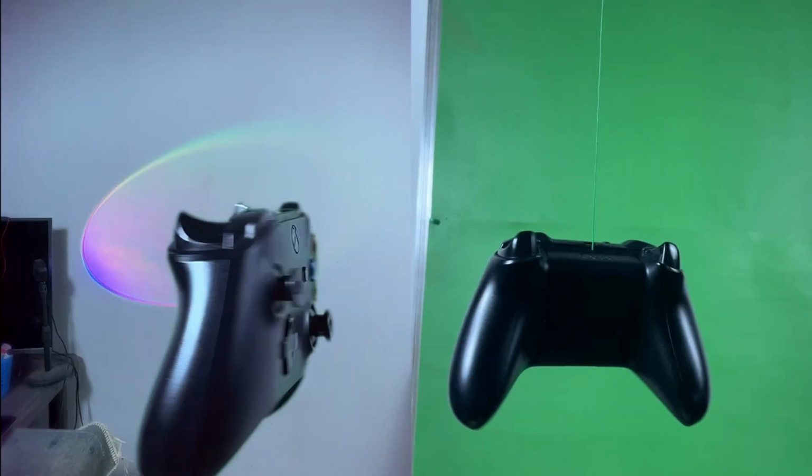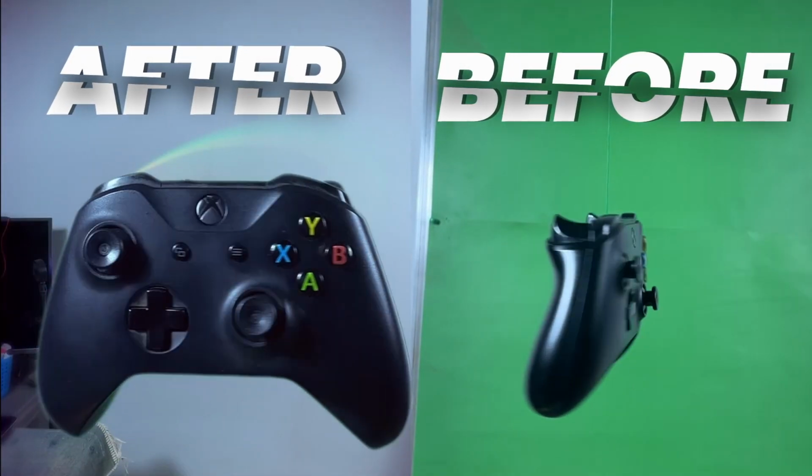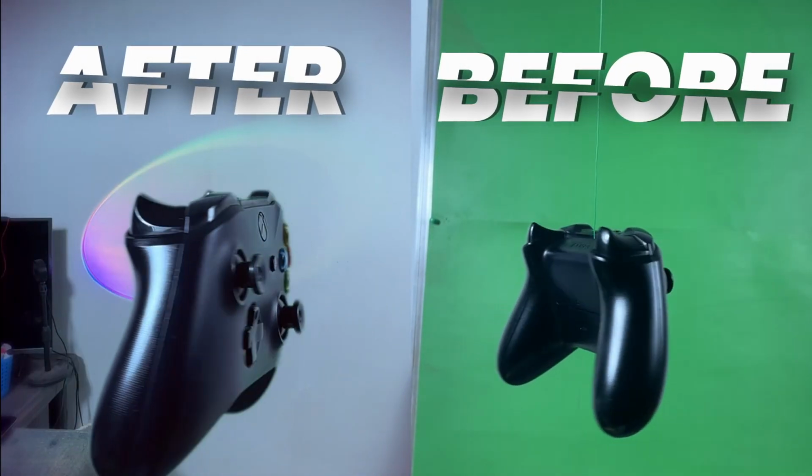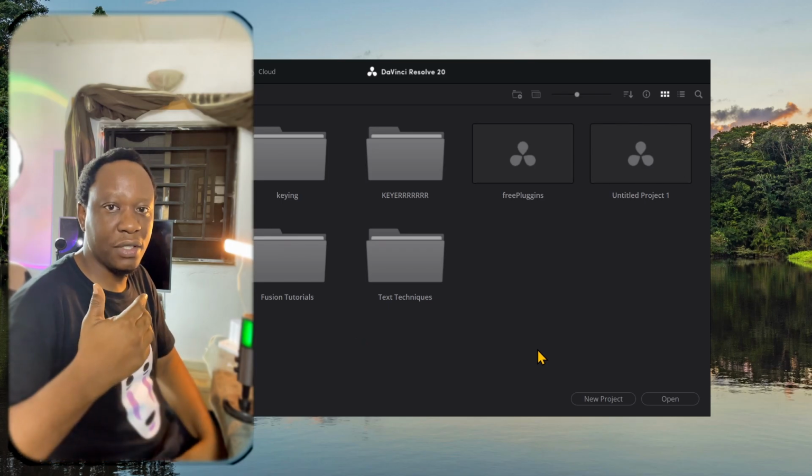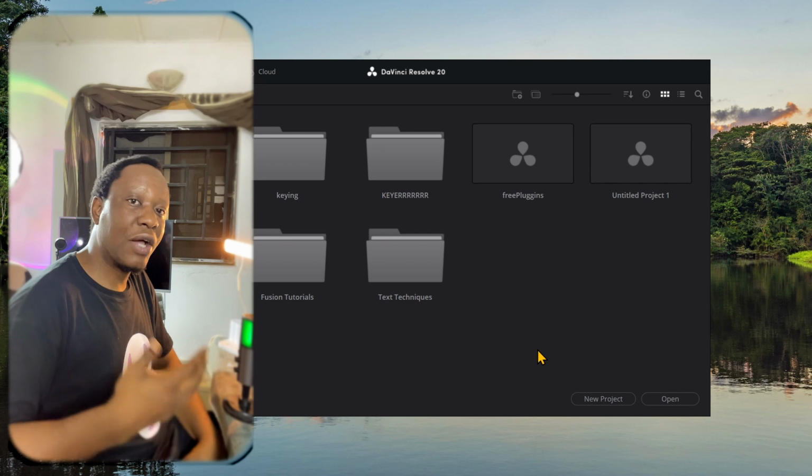Well, hello everyone. In this tutorial, I'm going to show you how you can use the 3D keyer to remove a subject and swap the background. So if keyers are a challenge, I'll show you how you can easily do that using DaVinci Resolve. So let's go. If keying has been really challenging to learn, I'll show you how you can do that in